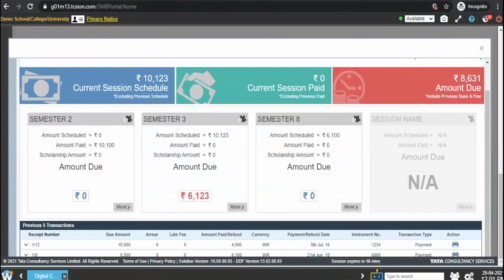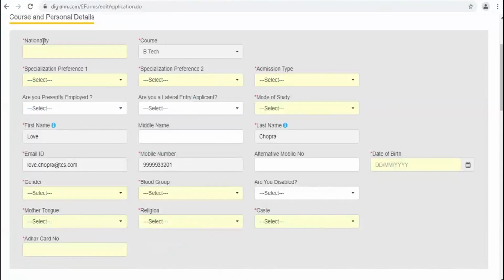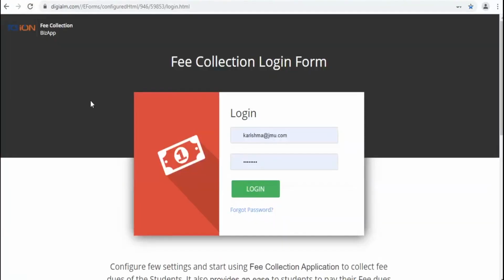So corresponding to the amount that is due for the students, student can further proceed with making an online payment by using the platform of TCS Ion. So this would be the login page for the students to proceed with online payments, and this can also be embedded in your institution website.